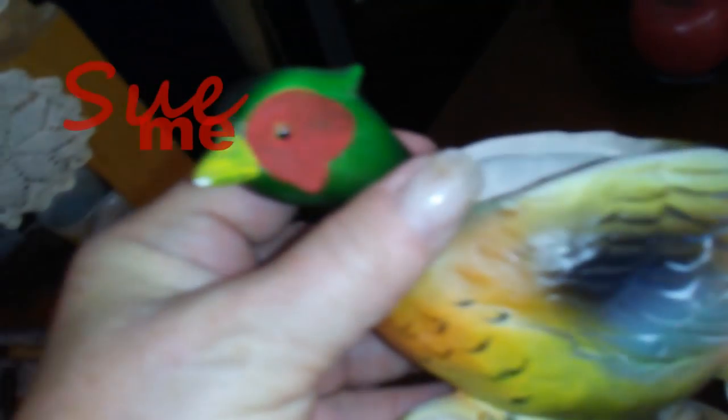Napco, which was one of the major Japanese importers in the mid-century. $4, this pheasant planter. There is no damage that I have been able to find. Absolutely coming. Napco imported very, very high-quality items. This one,